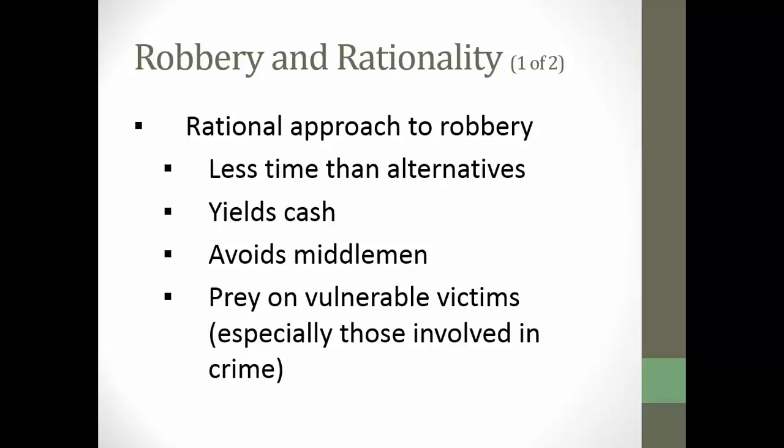Same issue for those. If you think about prostitutes, somebody who robs a prostitute, they're vulnerable because they can't really report the robbery, because they were engaging in crime themselves. So people in both cases are vulnerable because they can't report, and vulnerable because they're dealing in cash, right? They have a lot of cash on hand, or product if you're engaging in sale of illicit drugs. So, best advice for not being robbed is then to not engage in crime yourself.